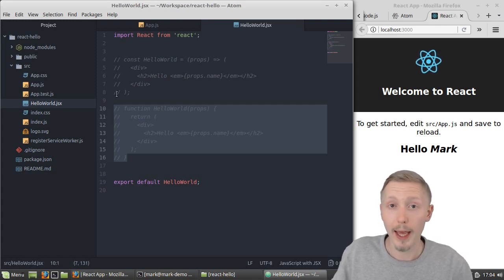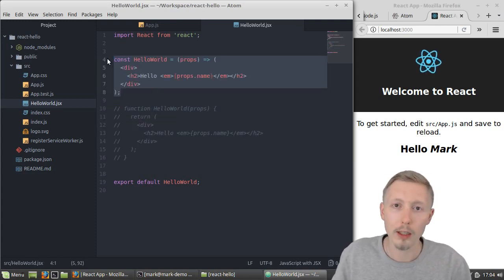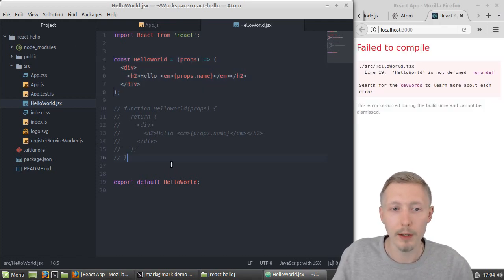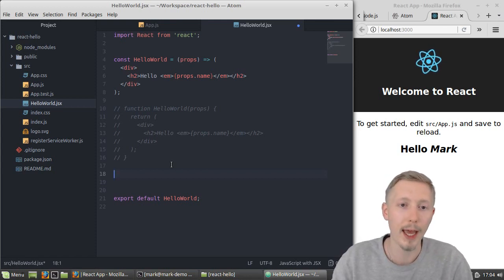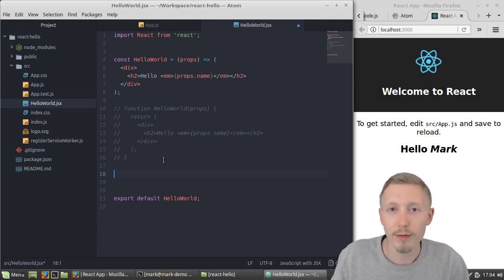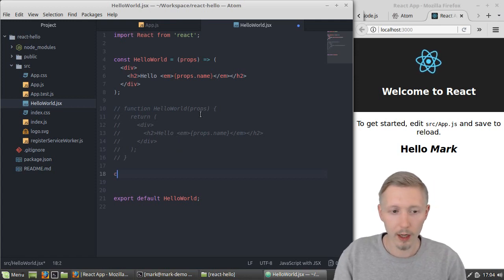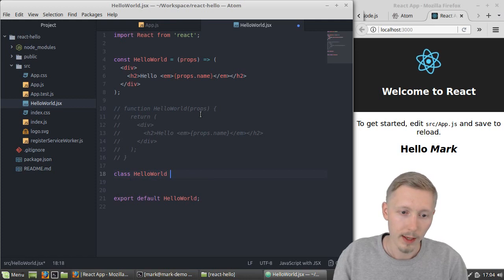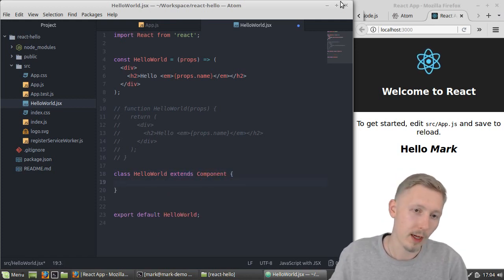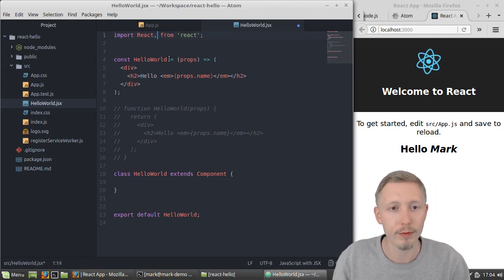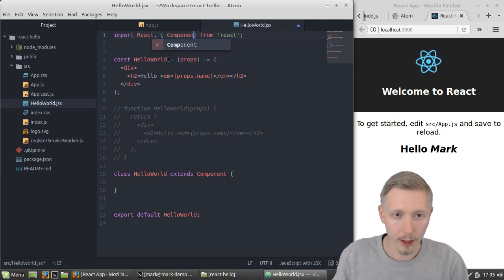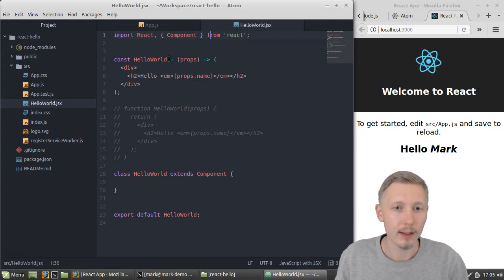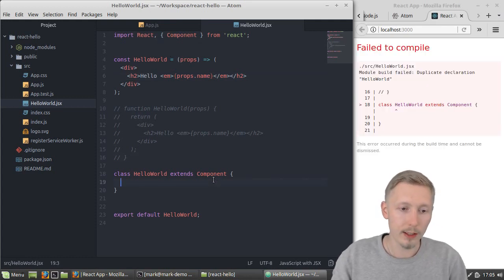The other way to define components in React is called class-based components. Class-based components are what you would use to create components that have a bit more logic behind the scenes. So you can use class-based components when your component is a bit more complicated than just displaying simple HTML and some properties. The way that you define a class-based component is you define a class with the name of your component, and you do extends Component, open brackets, and you need to import Component from React. So you do import React, comma, and then these curly brackets, Component from React, and then you have your component here, and then you need to define a render,